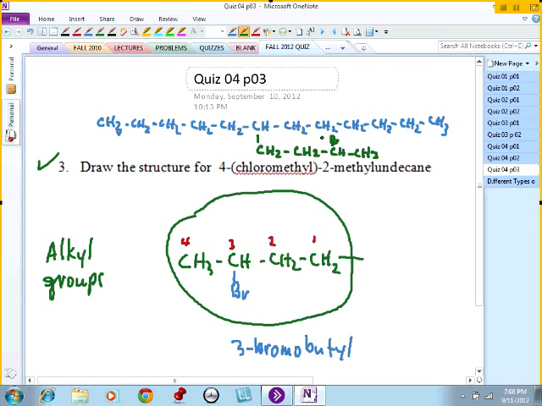Now, what we have now, that substituent here, is what we call a complex substituent. So whenever you have a complex substituent, you have to use parentheses to indicate the position. You must enclose the complex substituent in parentheses. Okay, so in this case, the name of this compound will become